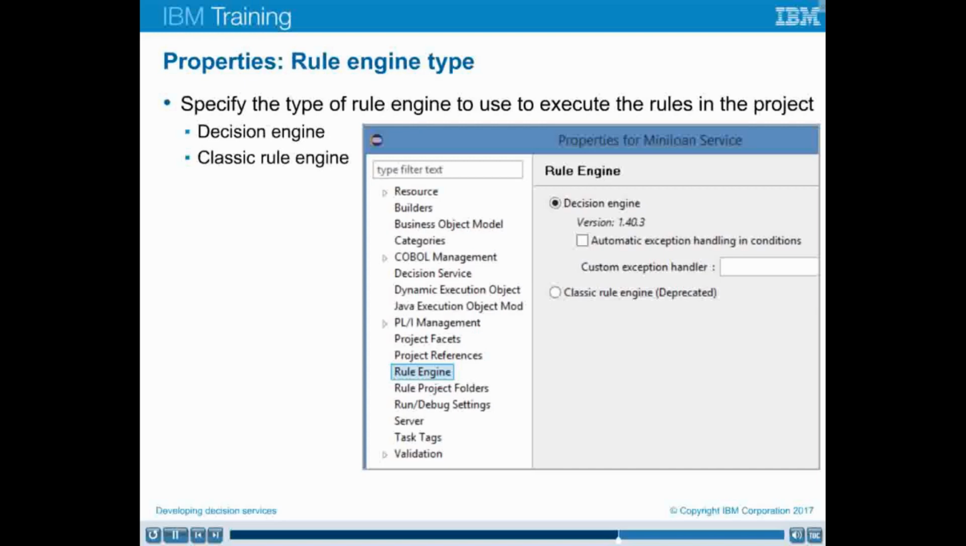You have now completed this unit. Having completed the unit, you should be able to identify the development tasks in building a decision management application, describe how to set up